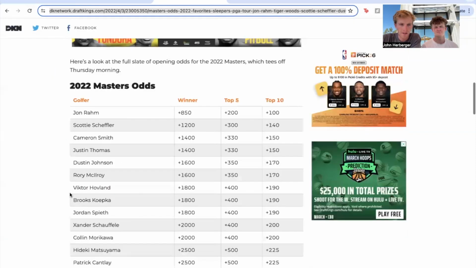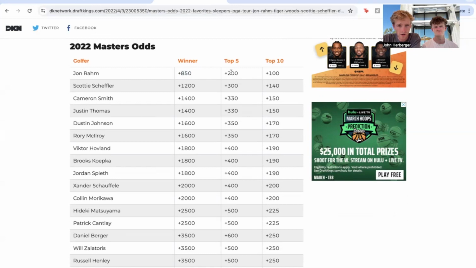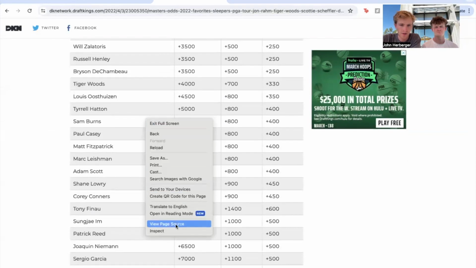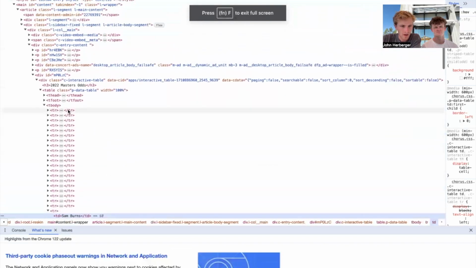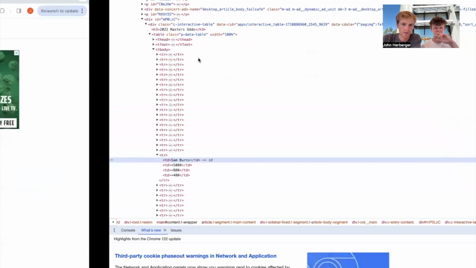So I found this table here, which gives you all the players, their odds if they were going to be a winner, their odds if they're going to end up in the top 5, and their odds to be in the top 10. So we have most of the players here. If you do an inspect, you can see here that all this is held in a big table, and then each of these are table rows, and then within the table rows you have TDs. So if we go back over here,